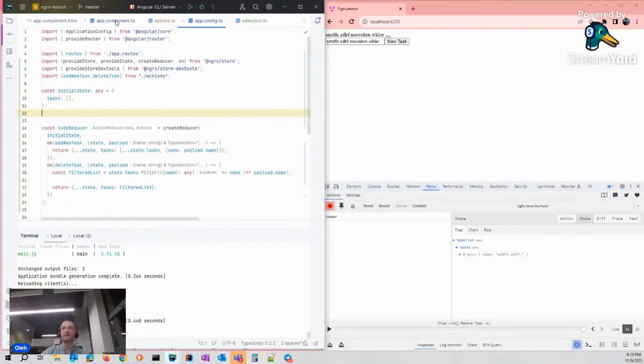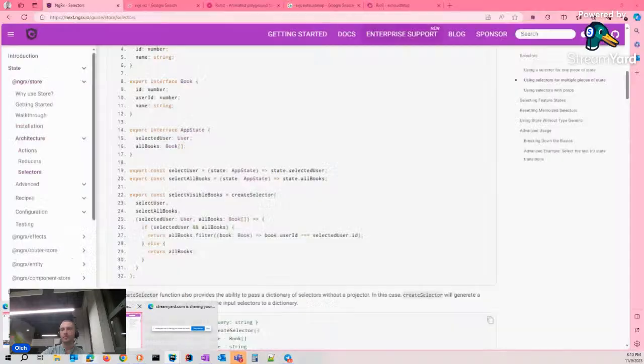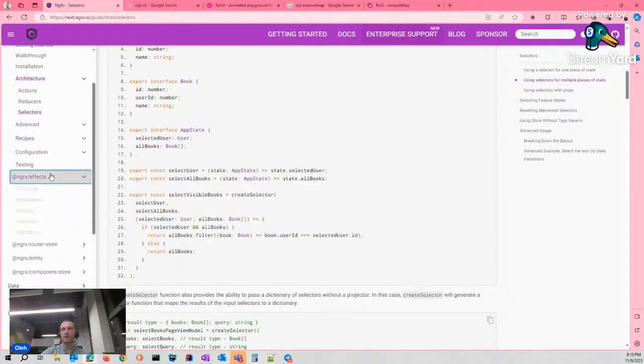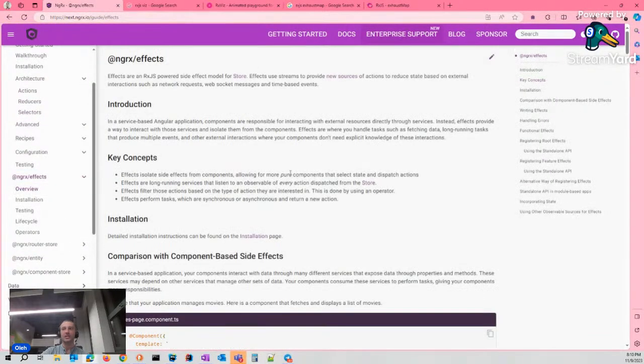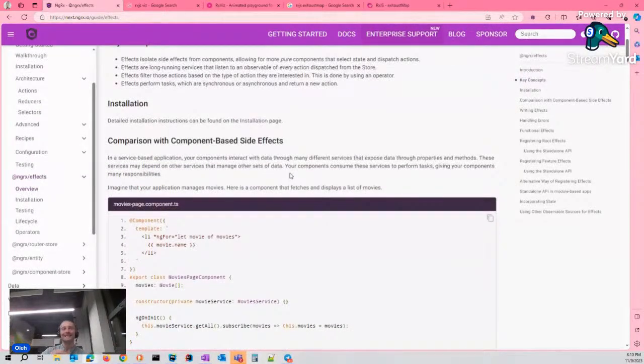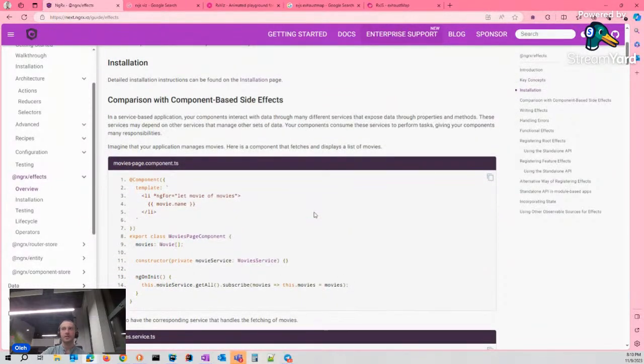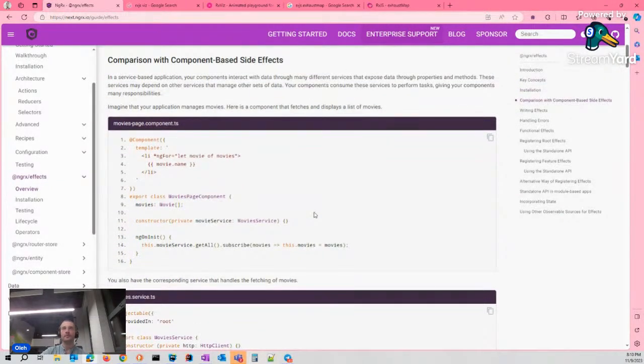The simple example. And I just want to mention the effects. What are the effects? Effects are just a way to make some more functional actions and make some side effects for these triggered dispatched actions from the store.